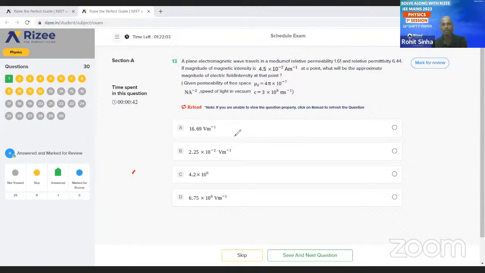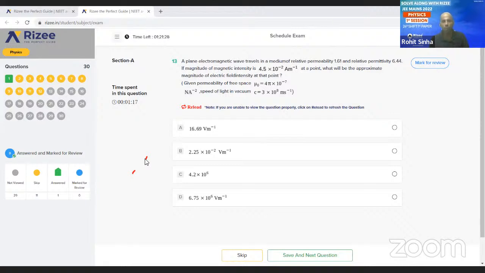So I think NCERT is also important for the exam. Now, let us see what it is telling. A plane electromagnetic wave is given, and the value of the magnetic field intensity is given. Permeability is given, and the speed of light is given. It is telling us to find the approximate value of the